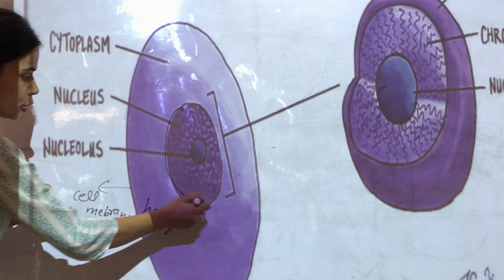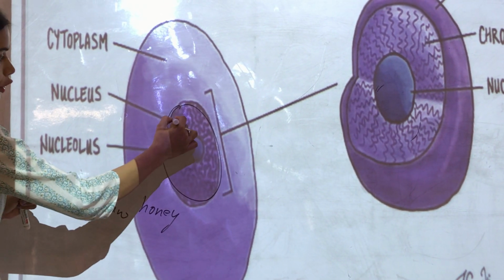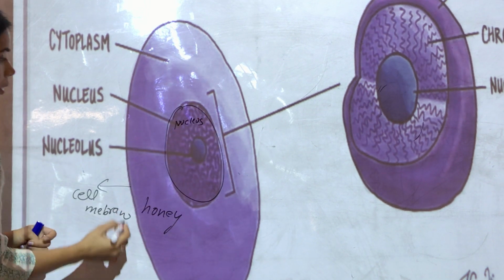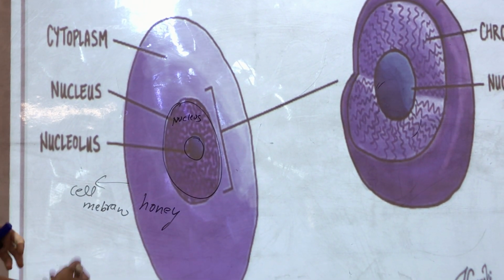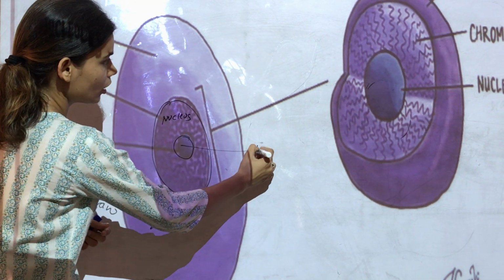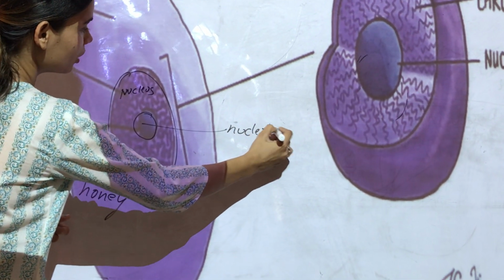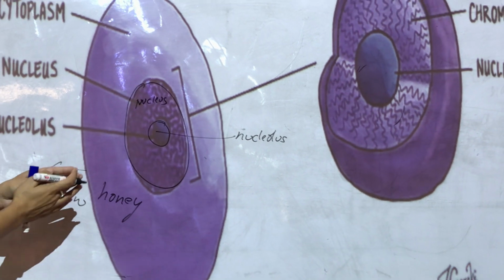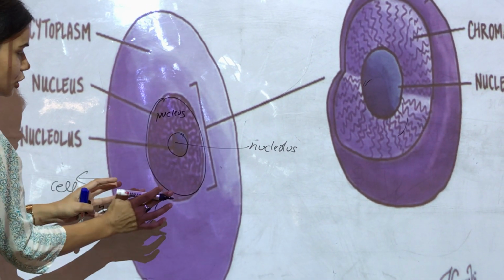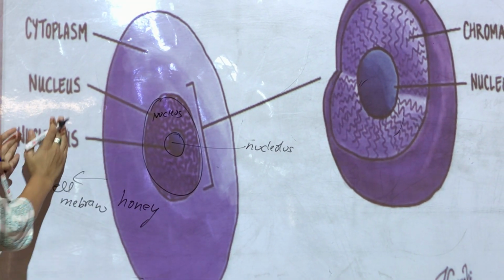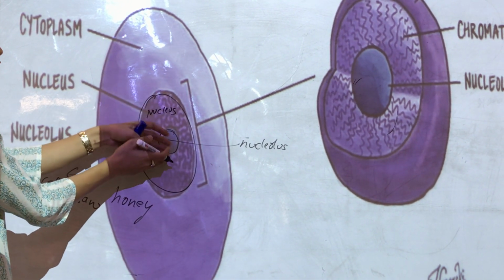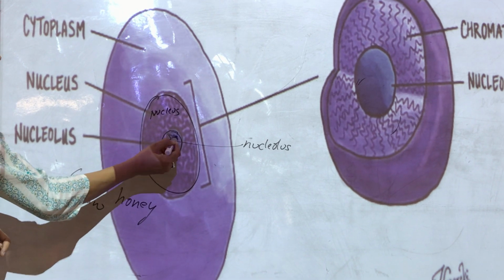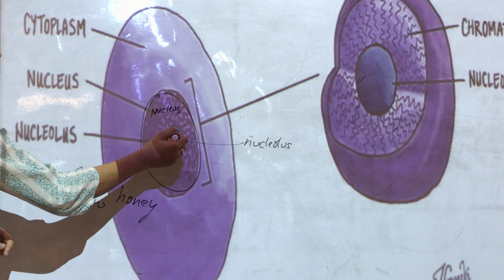Now in the center, what you can see, this is nucleus. Now in the center of the nucleus, what you can see, this is nucleolus. Now I assure you that there is nothing inside this nucleus. So there is this cell. The center of the cell is nucleus. The center of the nucleus is known as nucleolus. All this information is preserved or stored here.